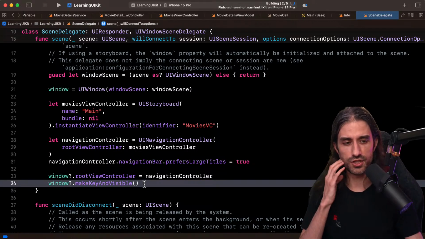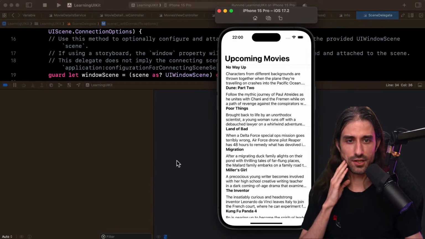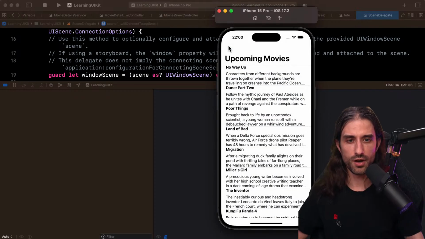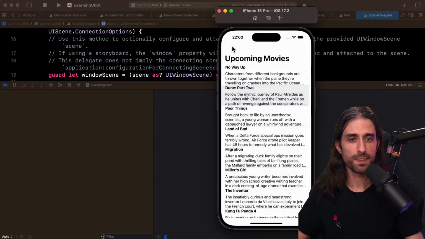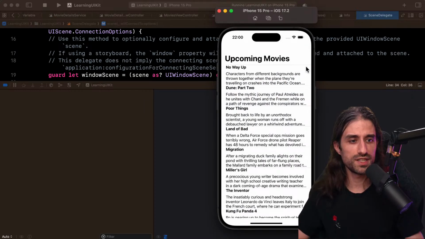And now, when I launch the app, normally, if I don't make any mistake, you can see that the app is still working as it should. But now I have programmatic control over how the app is starting. By the way, I'm noticing I forgot one thing. I forgot to add the little disclosure indicator that lets you know that you can tap on the cell. That's way better for the user to have this.